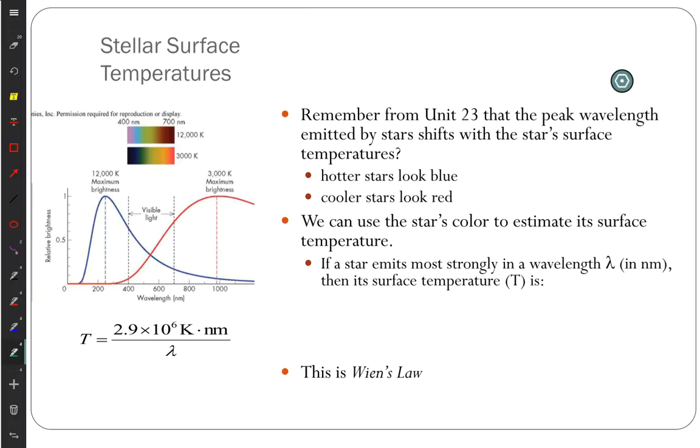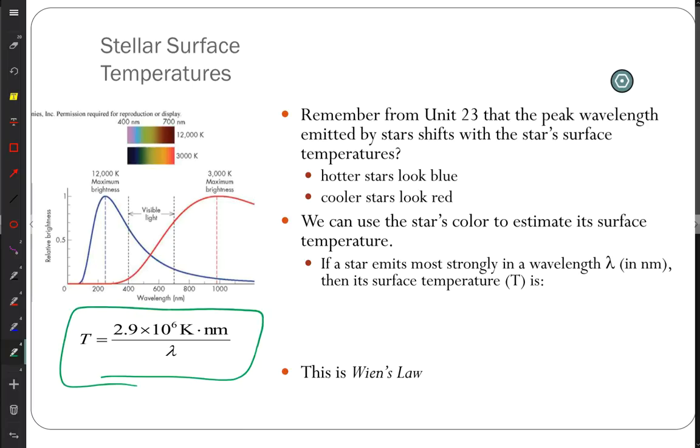So another way that could have been used was Wien's law. But Wien's law actually doesn't give us as accurate of a picture of the temperature, so it's not the way that is officially done. A third method, which is similar to Wien's law, is using filters and saying, I have this strength in red and this strength in green, and using those relative strengths, which is essentially Wien's law. So there's kind of three ways, but the best way, the way that's used predominantly, is looking at how strong